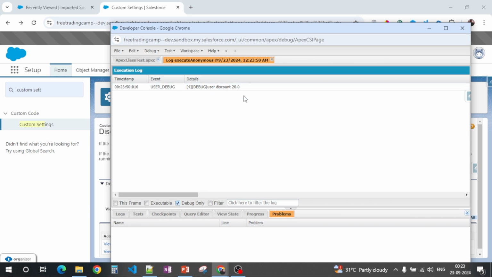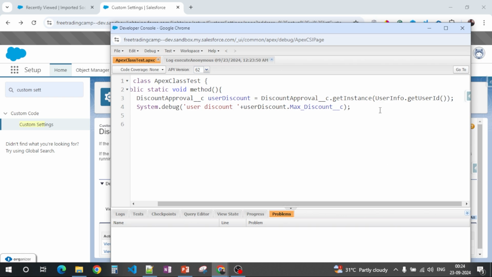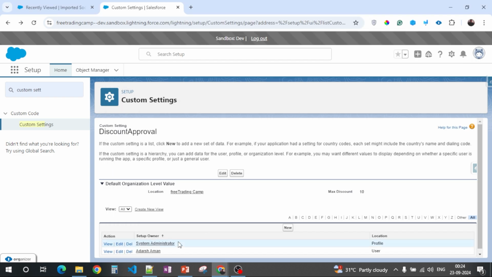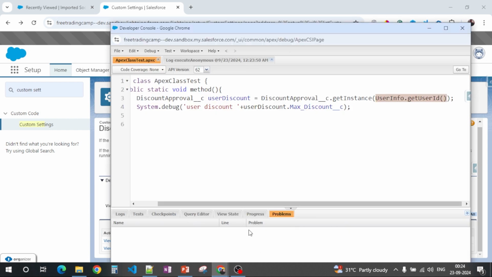Now suppose some other user is executing this Apex class, so this user ID would be populated for that user, and whatever the discount for that user is, you'll get on the system.debug. So you can see for a different user, the discount value would be different.